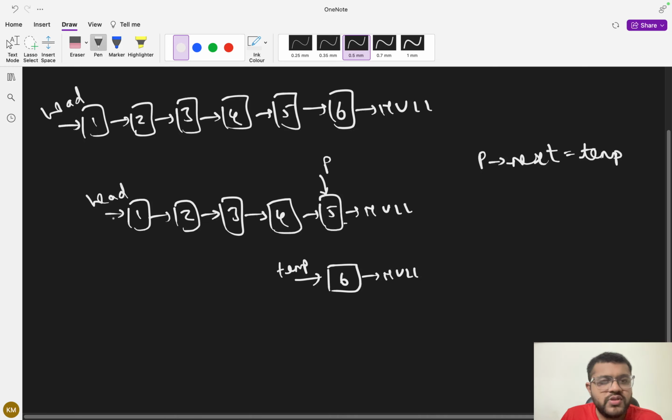We have only access to the head pointer in a single linked list. So I can take another temp pointer, let us call it temp1 or let us call it t. Okay, and I will keep moving t forwards like how we move in the traverse function till we reach the last node.